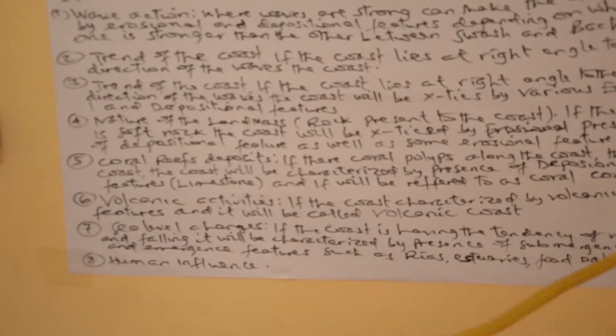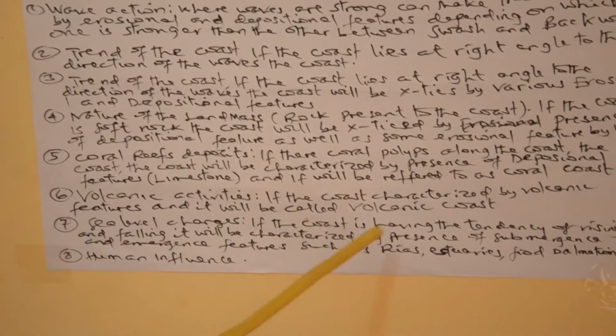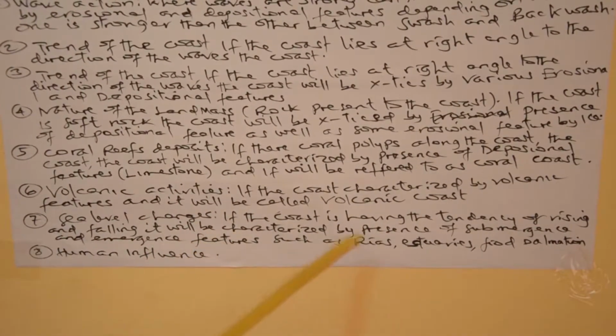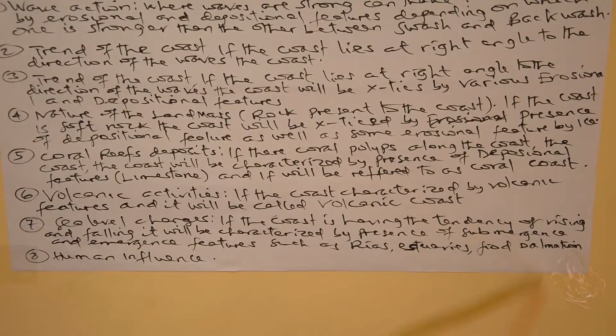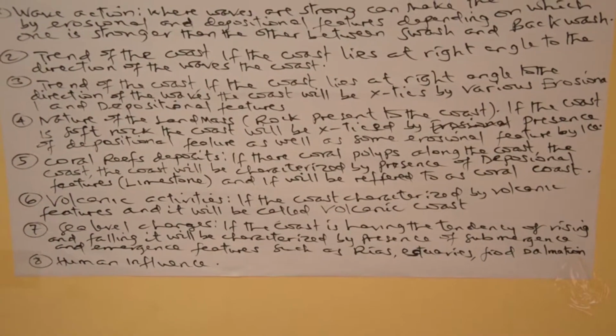Another factor is sea level changes. If the coast has a tendency of rising and falling, it will be characterized by the presence of submergence and emergence features such as lagoons, seashores, fjords, and so on. Here we just describe about